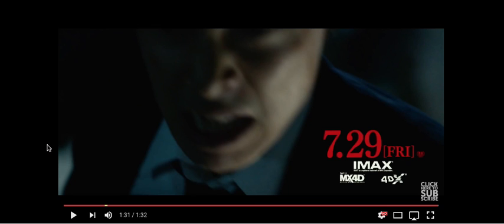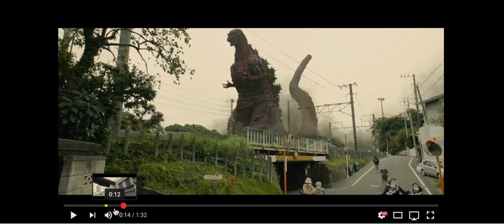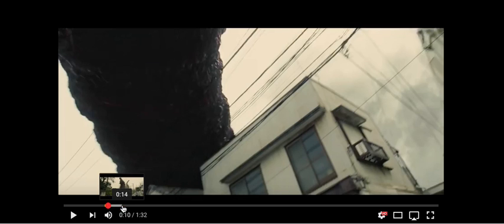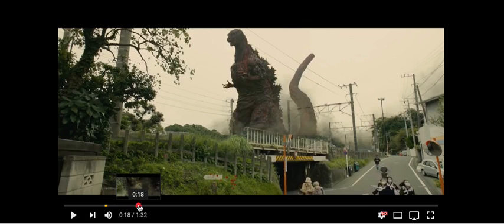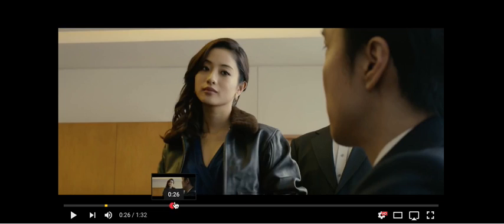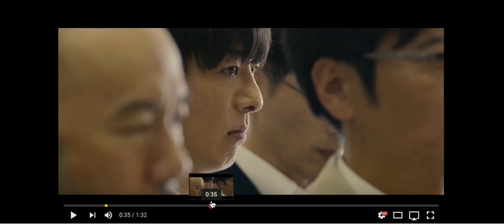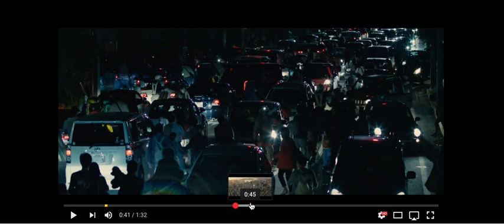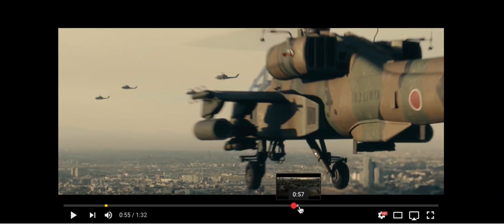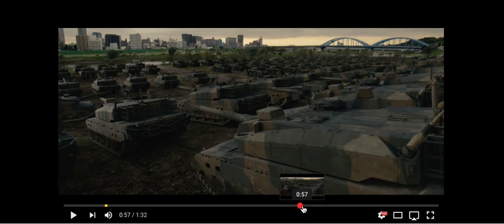So anyway, overall, let's kind of go through it bit by bit. We've got our great Telescope logo. We've got our new design. You get to see him in a lot of different settings. You get a little bit of everything in this one. You get to see just people hanging out and stuff. And then I like that they show you just a little bit of the conflict. The one thing you don't get to see is